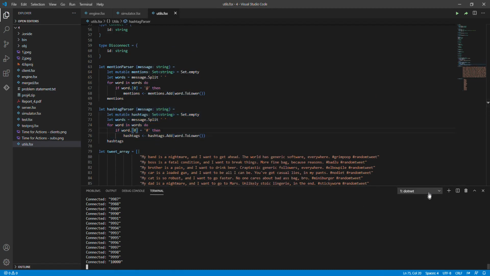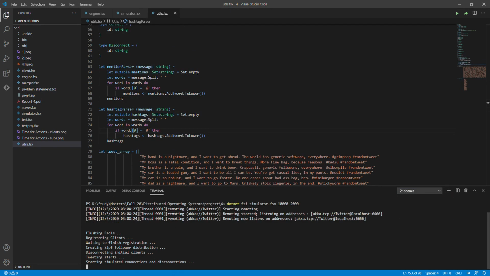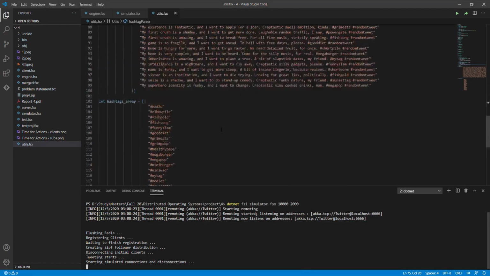And we can see here that all the users have connected and it has started tweeting. So you can say get u1. So these are all the followers list. So we can get u2. Okay, the followers list here is empty. So it is still creating the u1's follower list. It takes a little bit of time to create all the follower lists because the number is huge.